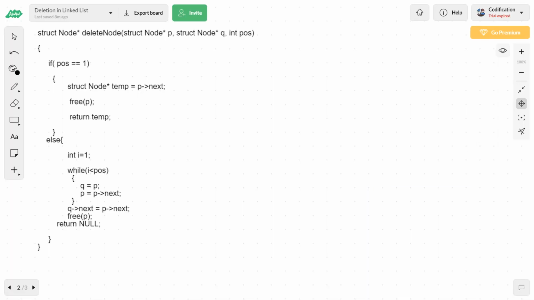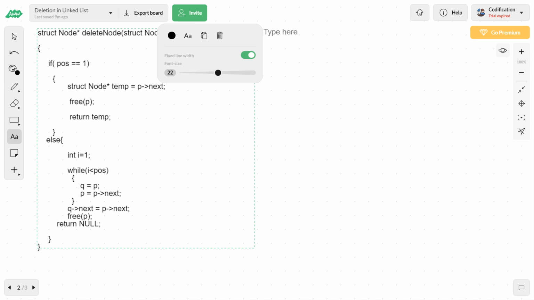So this is the snippet, the delete node snippet that we have taken. The same snippet we are going to convert into recursive code. First of all, we will start writing the recursive code with the same signature. Remember that: it is delete node, but the arguments and the return type, everything is going to be the same.